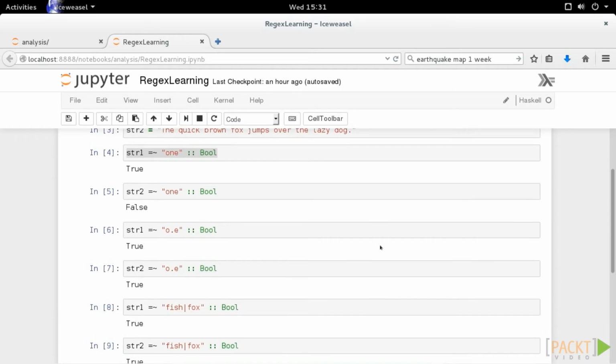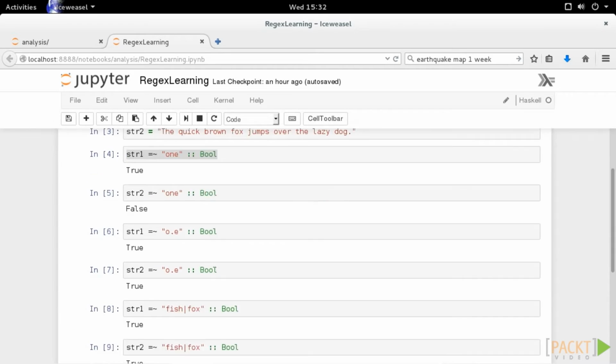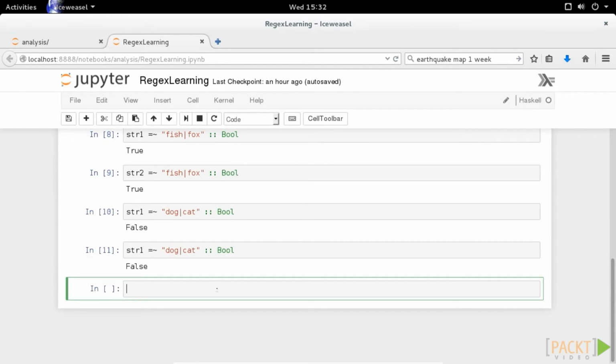I'm back in my virtual machine. I have my Regex Learning notebook up from the last video. Let's begin. An atom is a single character or an expression that has been defined using parentheses or as a character class. Imagine that you have a string representing a date in the year, month, day separated by dashes format,